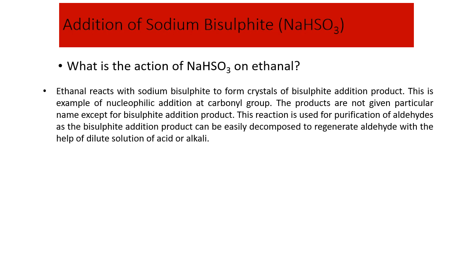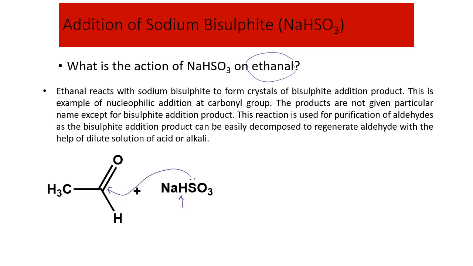The second addition reaction is the addition of sodium bisulfite. The question which we are going to solve to understand this equation is: what is the action of sodium bisulfite on ethanal? What you will do is write the structure of ethanal, which is nothing but acetaldehyde, and NaHSO3 is sodium bisulfite. In sodium bisulfite, this hydrogen is acidic. It can be given out as an H plus ion, and the lone pair of sulfur is basically attacking. It has a lone pair, so it can be given to this electron deficient carbon,